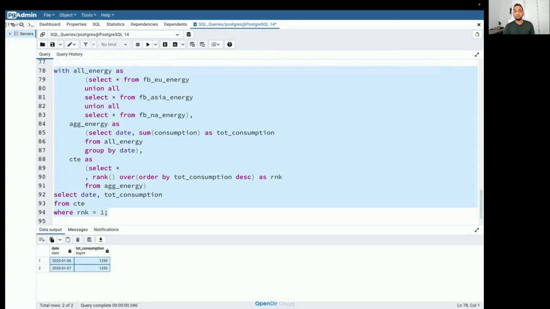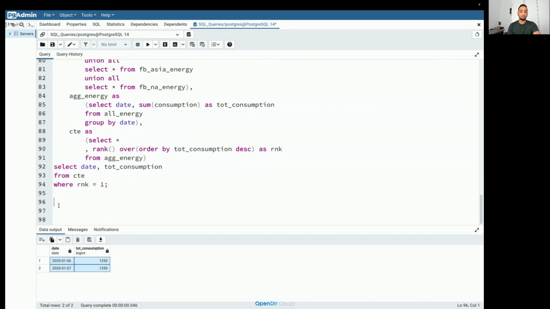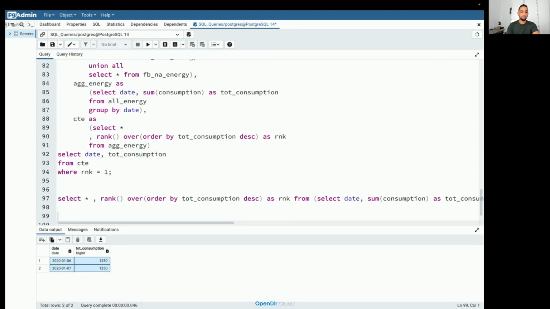Okay, so anyone, 2 minutes is up. Was anyone able to solve it? Okay, so Shiva shares the first solution: let's replace the with clause table name with the query used in the with clause. I did not understand, Kota. Okay, so I'm going to take the query that was shared by Shiva. Let's see if his answer is right.